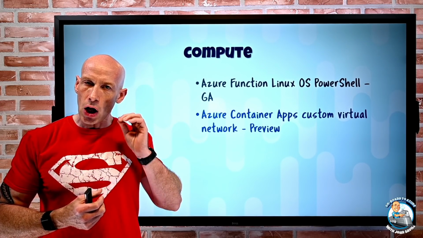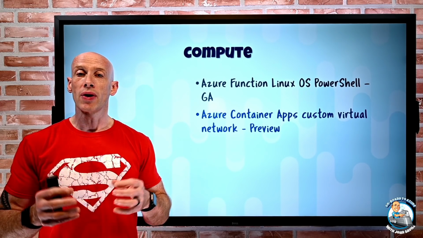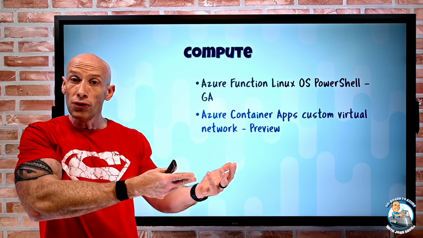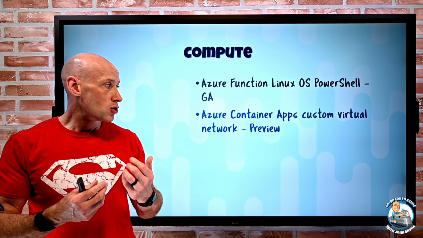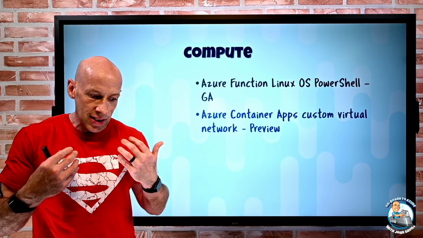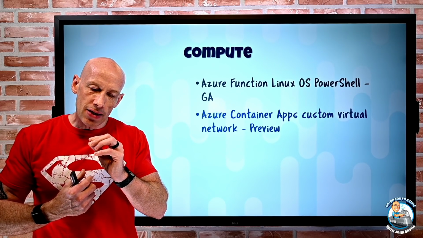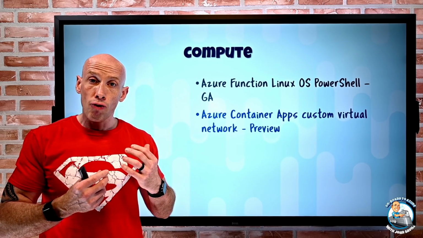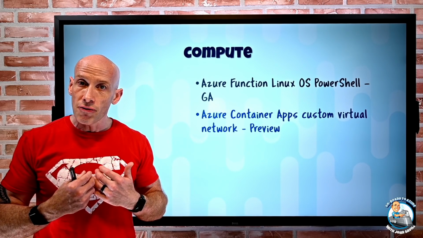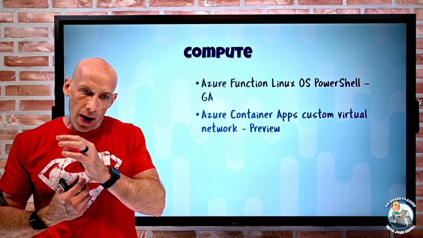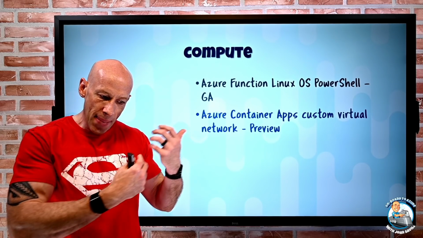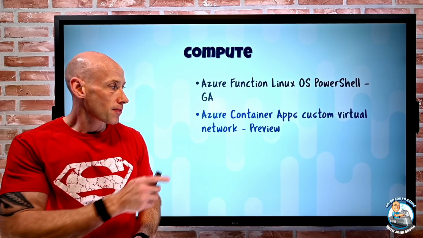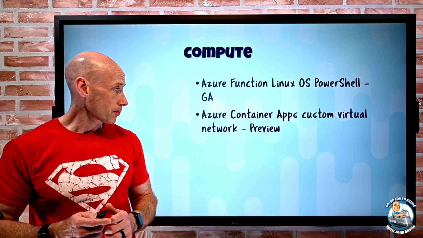But initially, it would only deploy into its own virtual network. Now in preview, I can deploy it, yes, to a new virtual network, but also into my own custom, so an existing virtual network. That's going to enable me to drive that private IP assignment from the IP space of my virtual network. And also I have more control about that outbound internet connectivity, connectivity to other services. So that's now available in preview.